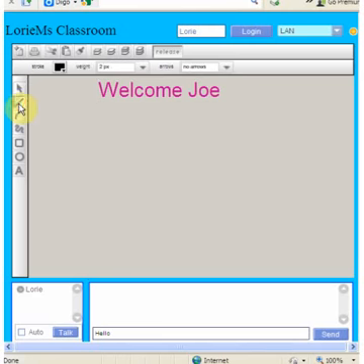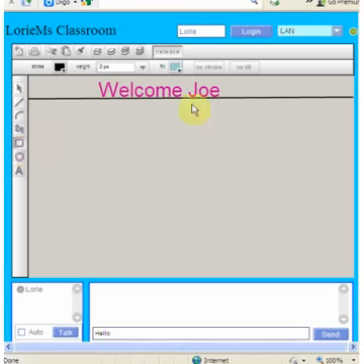I'm also going to put a straight line underneath the box. I'm going to keep the defaults, which is black and 2 pixels wide, starting from one side of the screen and drawing across the screen to basically underline the welcome. And now I've got a fairly large blank space that I'm going to divide into regions by using